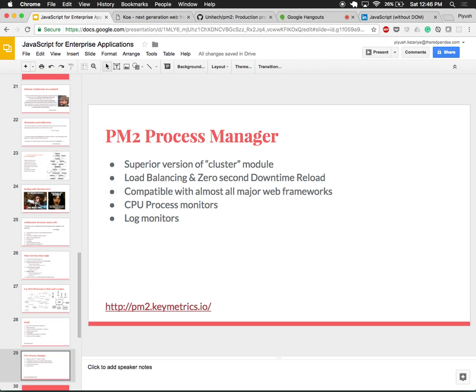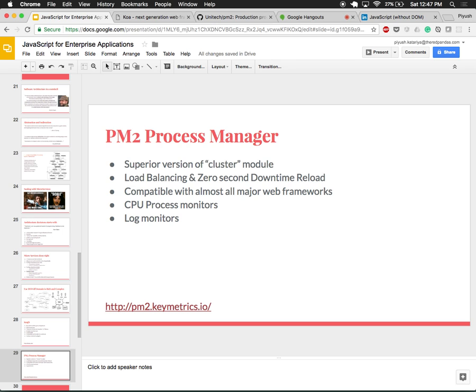Like what if I would like to query different metrics, like how much CPU a process is taking, how many logs they are maintaining, and where. And what if an exception causes the process to die, who would be there to restart it?